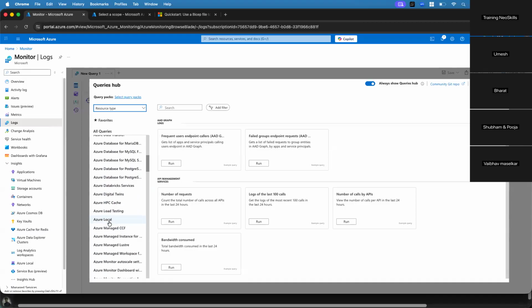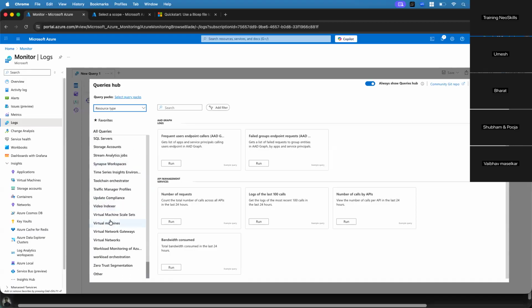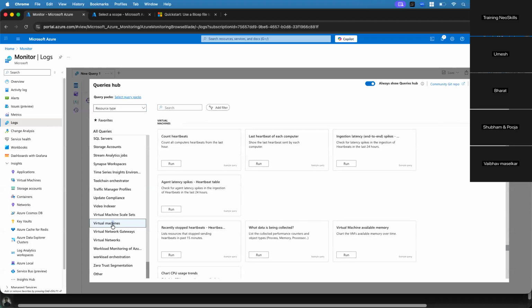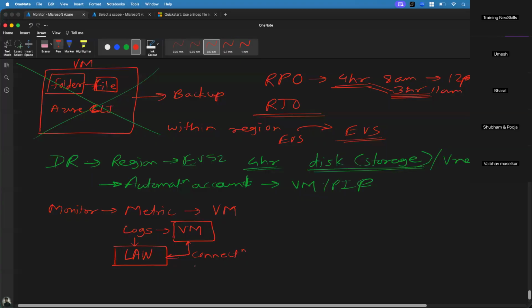Now, once you collect the logs from multiple resources, then what? So suppose I'm collecting the information from the virtual machine. Then what? Then you can run this query. So now to collect the information or to query that logs, we are using Kusto query language. So that log analytic workspace is using KQL, which is Kusto query language,